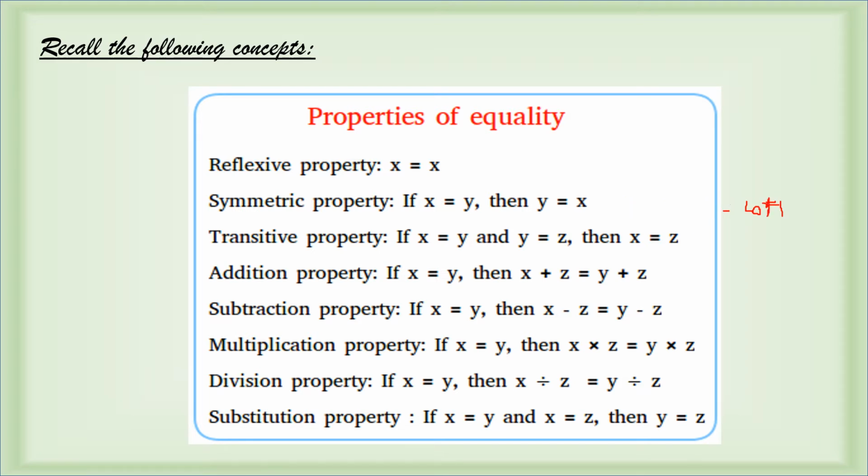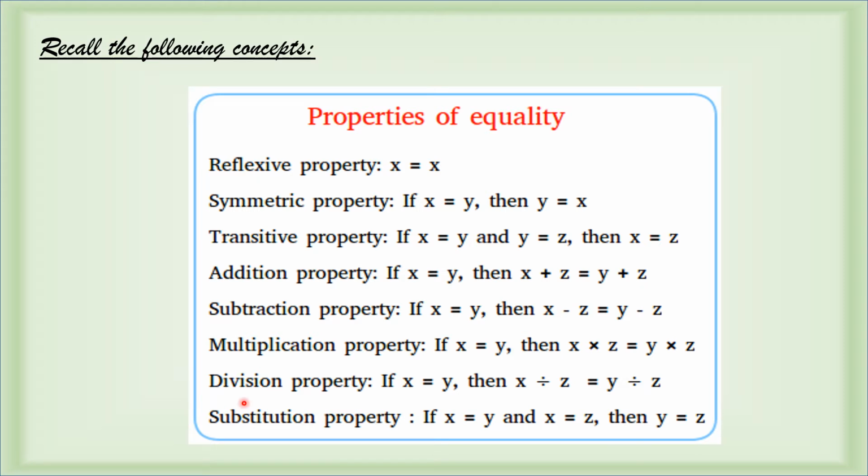Next, we have here the transitive property. So it states that if x equals y and y equals z, then x equals z. We have addition property. So if you're given x equals y, in your addition property, we are adding the same number to both sides of the equation. So let's say we add z to the left side, we need to add z also on the right